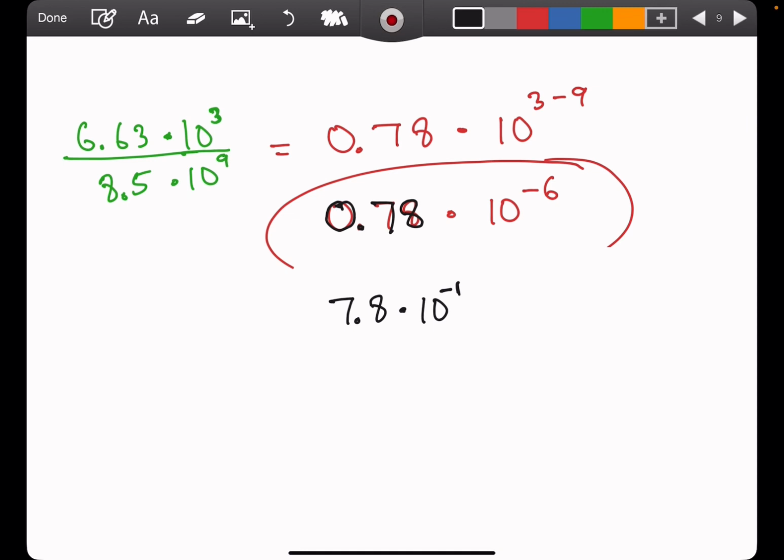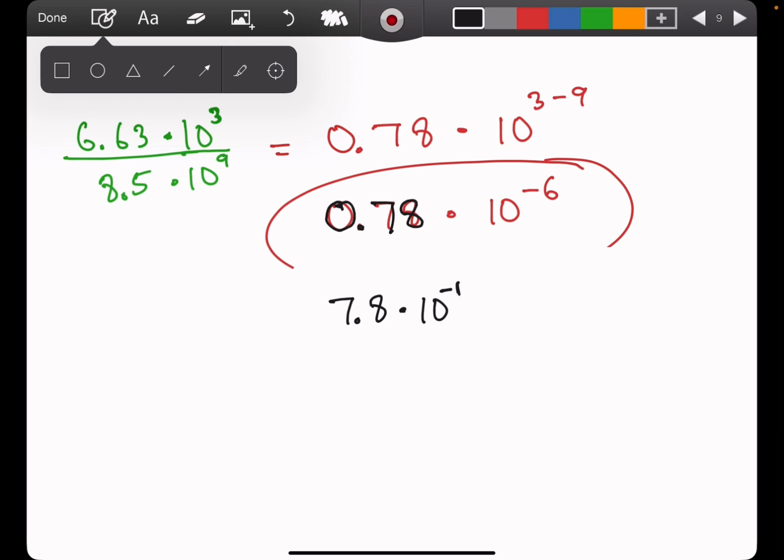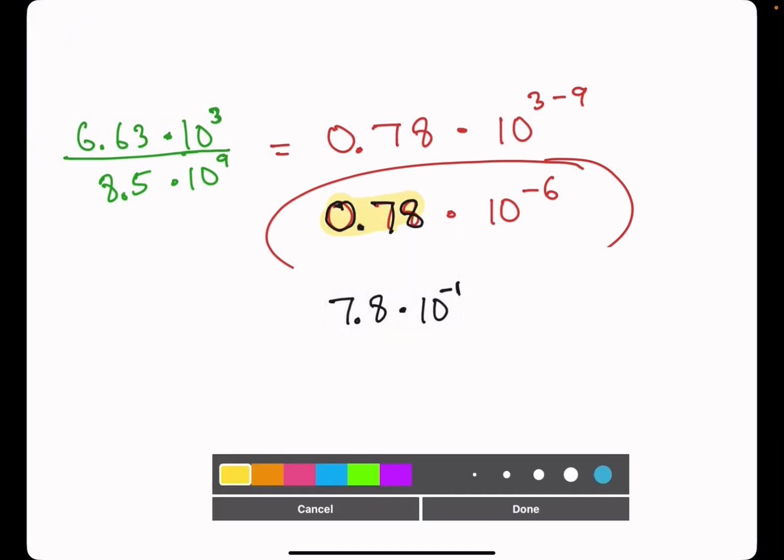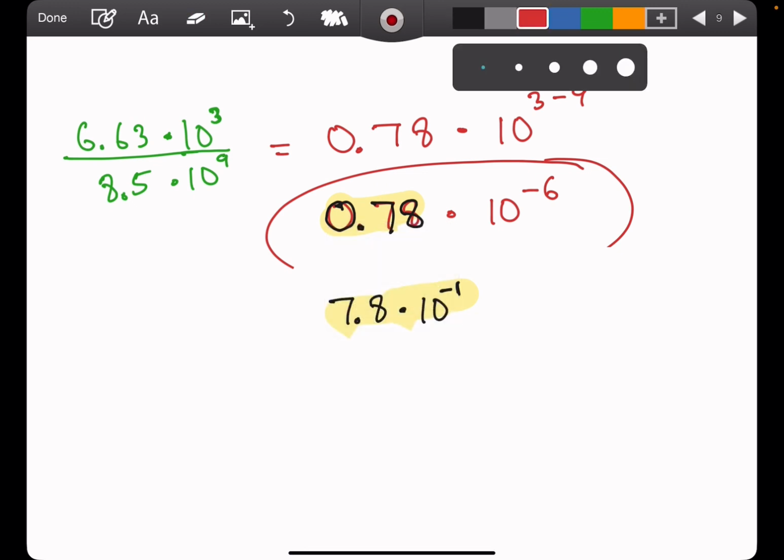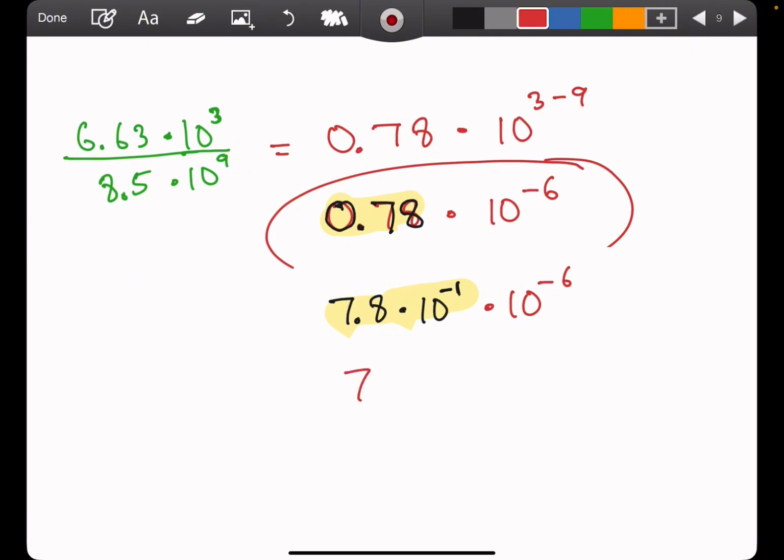Did you remember scientific notation? Just focus your energy on this one. Did you see that? Did I lose you? No. Good. Done. And guess what you do? You bring this down. Now you put those exponents together. Now, this is 7.8